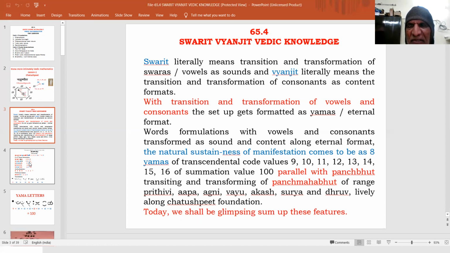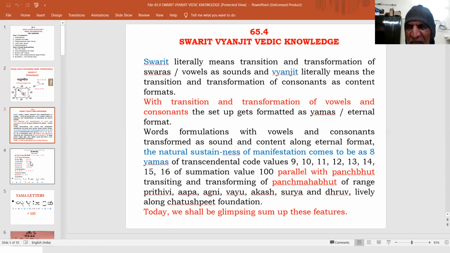It is parallel with panchbhut, transiting and transforming as panchmahabhut of range prithivi, aapa, agni, vayu, akash, surya, and dhruv, lively along chatushpeet foundation. Today we shall be glimpsing some of these features.